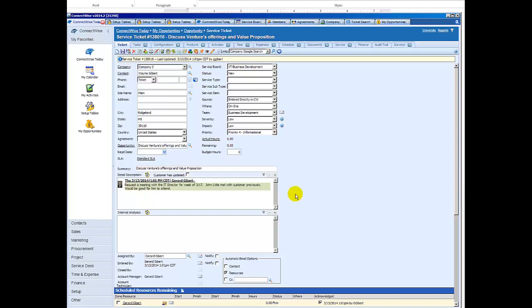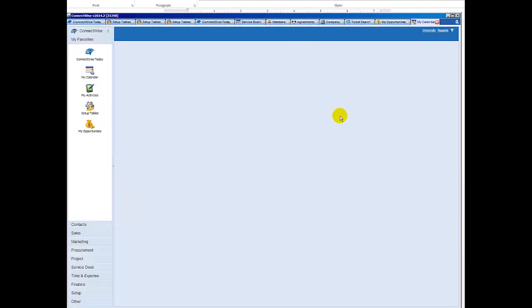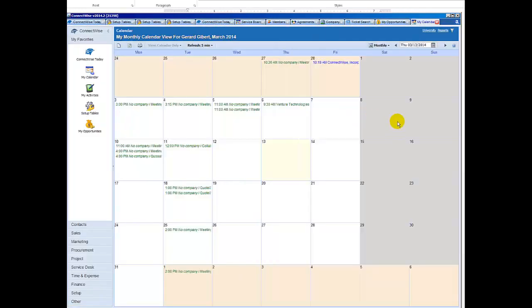So I'm satisfied now with the ticket. Now, one thing that I also want to show you is that you can actually check the calendars of all of our various resources. We talked about this earlier. So this is my calendar. That's the first thing that displays when you click the My Calendar screen, and this shows all of my appointments that come straight from my Outlook, or it could be appointments I set up directly here in ConnectWise. But I could also